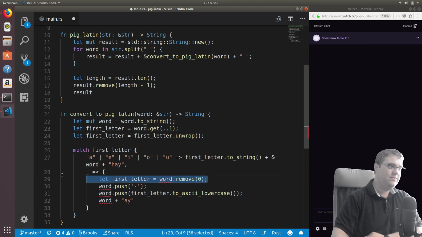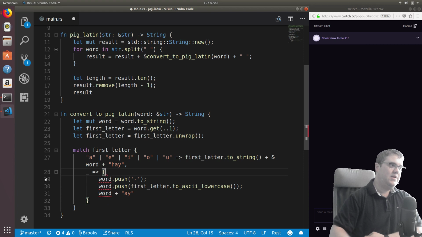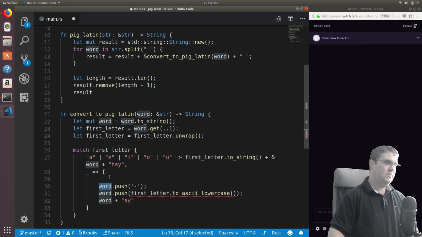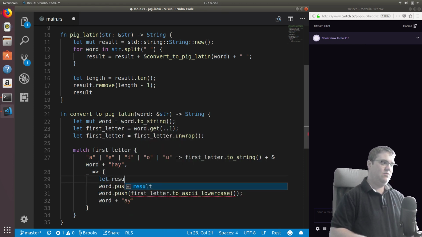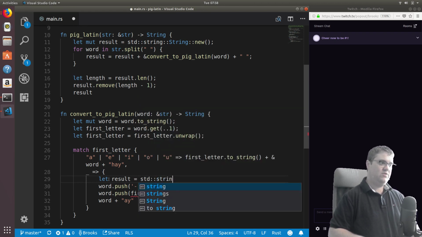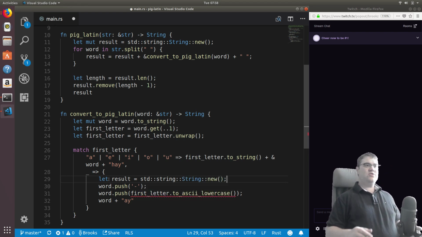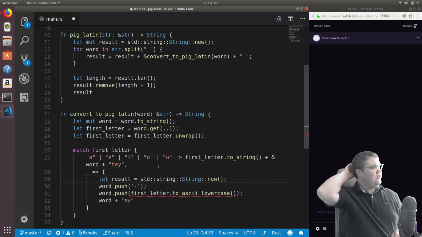So we say, okay, word dot push, but I really want maybe another, maybe I want result. So I'm gonna say, let result equals standard string new. So we start off with a brand new string,